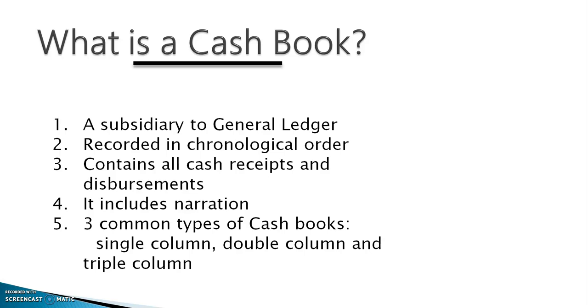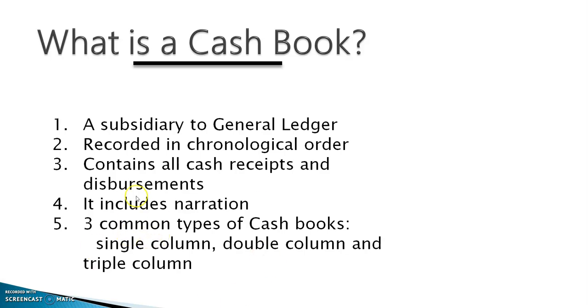Say for example, on 1st January you have done a payment, and on 2nd January you have received some cash. So you will be recording in the cash book date-wise. In the date you will not write 1st January, then 3rd January, then 2nd January. That you cannot do. It has to be date-wise. 1st January whatever you have done, then 3rd if you have done something, then if you have done on 5th, those things. Cash receipt and cash payment.